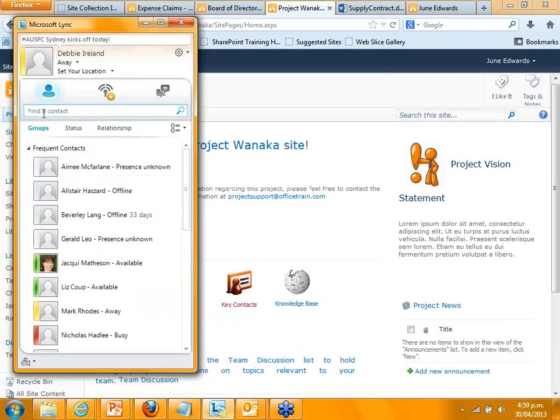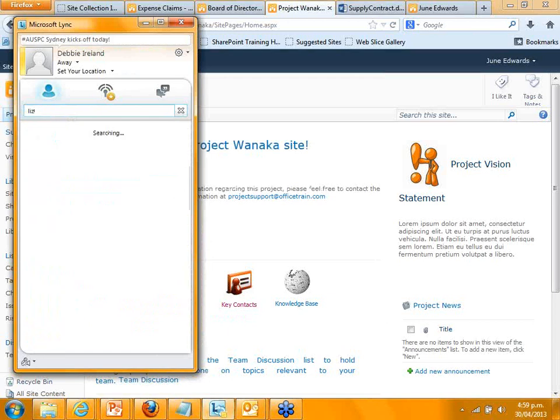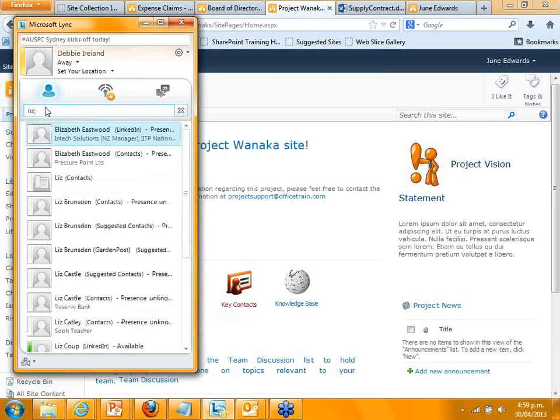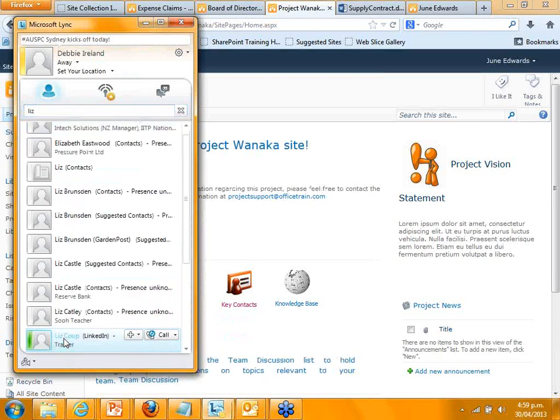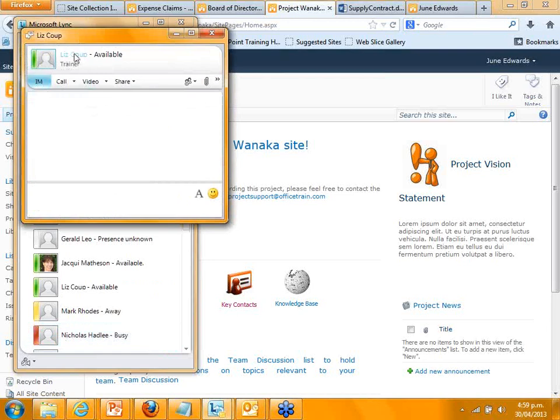Actually, if anyone hasn't seen Link, this is also a great tool that you do get with Office 365, I think. I'm just going to see if Liz is on. So Liz and I work together because we all work remotely. We use Link. It's very much like Skype. And we'll see if we can't do some live document co-authoring right there and then. If she's around, yes she is.